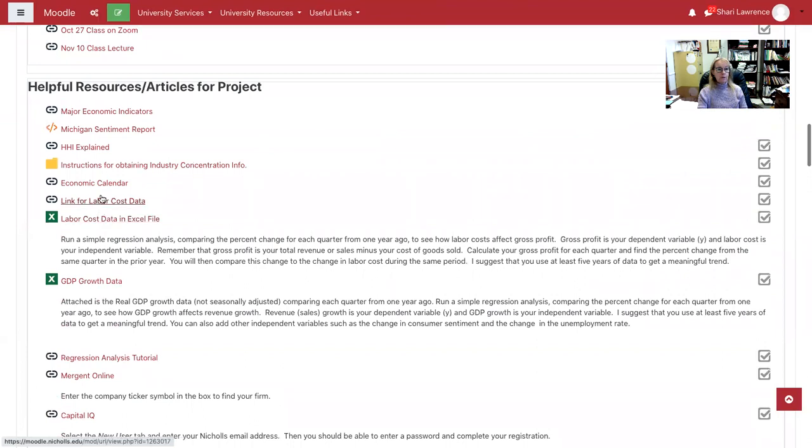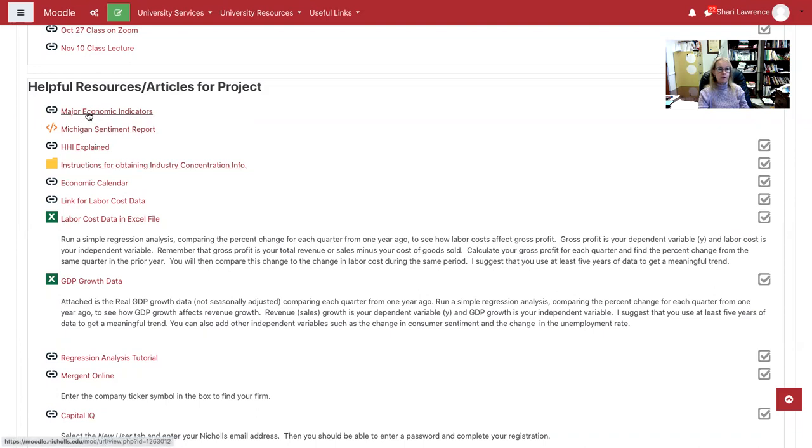All right, here's instructions for obtaining the HHI. This is the HHI explained. These instructions are kind of problematic. So as I said, you can try this, but if you don't find it for your company or for your industry, it's fine. All right, so let's look at